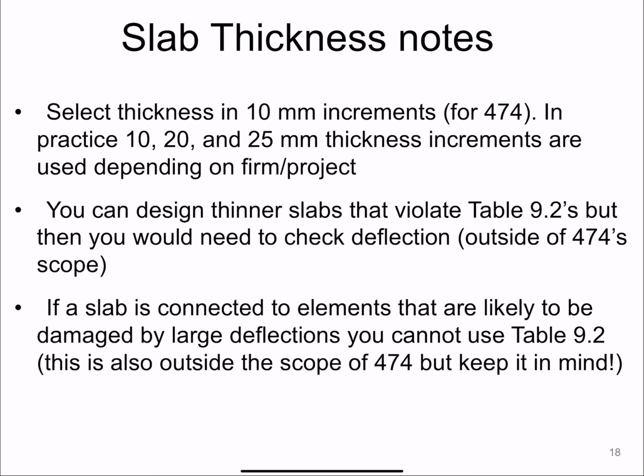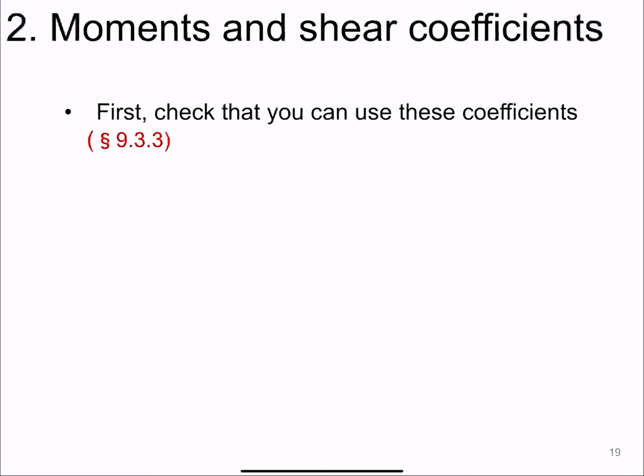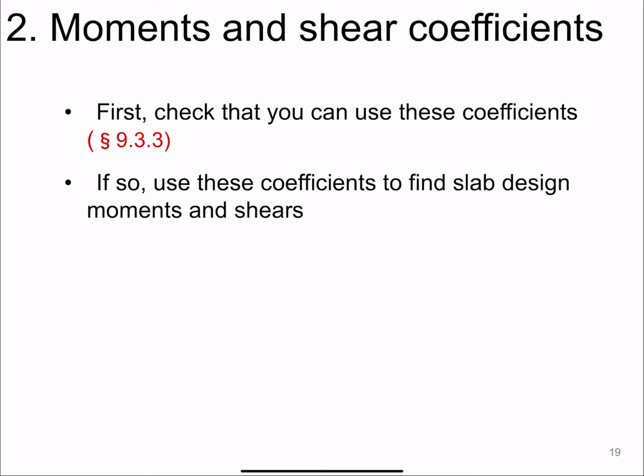After you have chosen the thickness, you will know the self-weight, and then you are in a position to calculate moment and shear coefficients. So this is the material you were given before, in which we use tables to define the moment and shear coefficients. You have to check that you can use them, that this simplified method applies. And then, just as a brief reminder, you have to use different methods if you cannot. But if you can, if you have a regular frame,